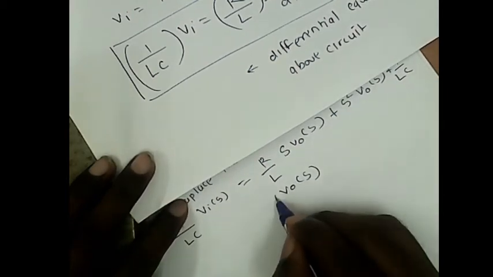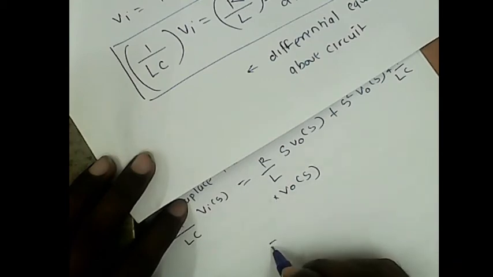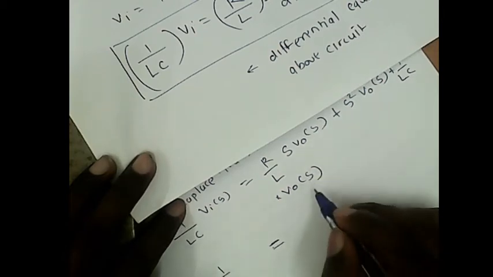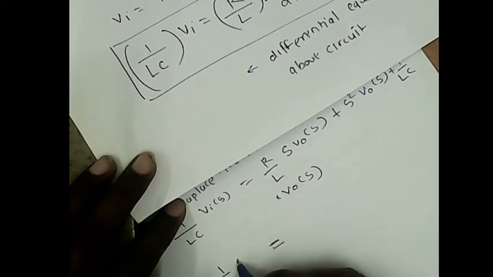Now this is a multiplier, so we can write down 1 upon LC. We take V0 common from this equation, so Vi upon s is equal to